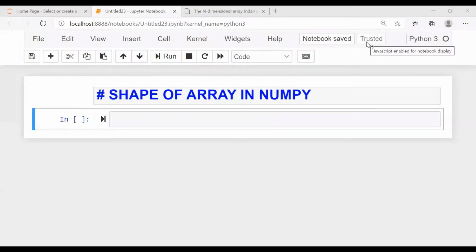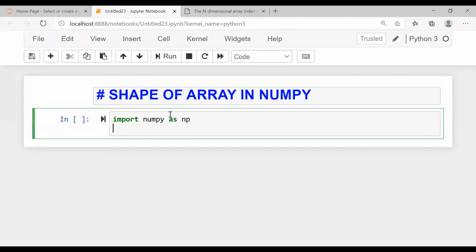Good morning friends. Today we are going to learn about shape of array and some of the attributes of array in numpy. So let us create a two-dimension array. Import numpy as np, np.array, two dimension. Okay, so 1, 2, 3